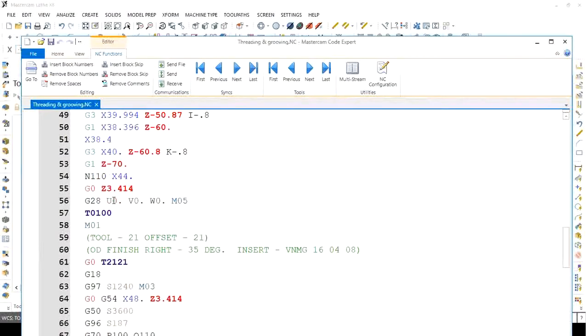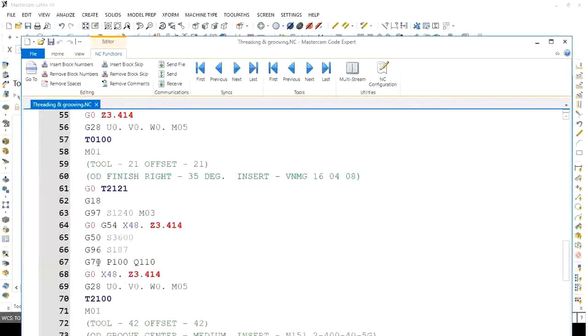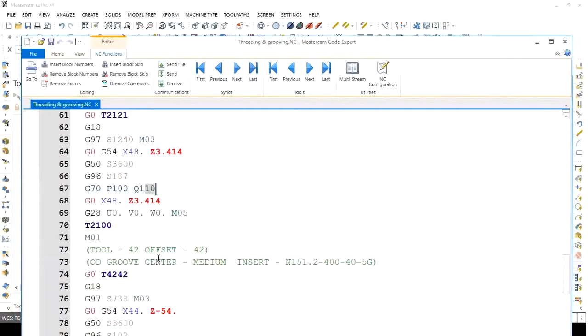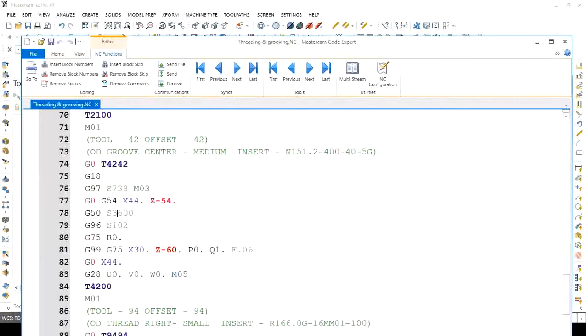After that, again, the tool goes to the home position, stops the spindle, changes the tool, and the next operation will be started. So next is the finish operation, which is given by G70 code, and it is repeated on the same path of that rough turning, that is on lines 100 and 110. Then after completing those operations, the grooving operation will be started, and it is given by code G75.